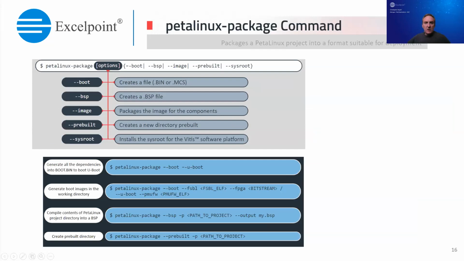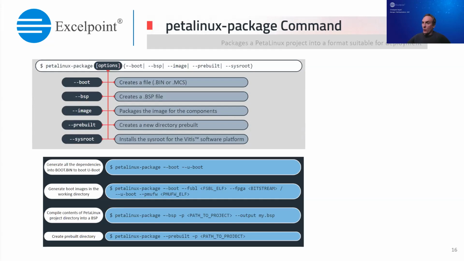The petalinux-package command packages a Petalinux project into a format for deployment. So this is the final step before booting the image. The tool here provides several workflows whose operations vary depending on the target package format. The supported formats are boot, BSP, image, prebuilt, and sysroot. The boot package type creates a .bin or .mcs file that allows the target device to boot. The BSP package type creates a BSP file that includes the entire contents of the target Petalinux project. So this allows you to export and